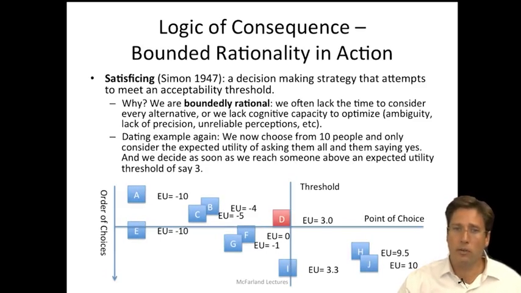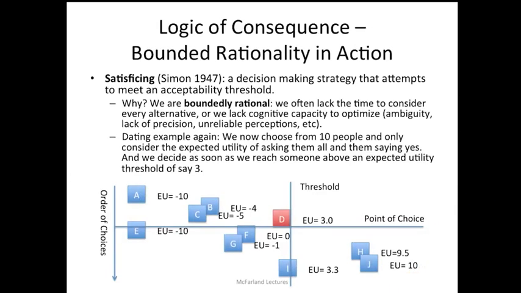But if we don't meet our threshold, we move on to the next option down the list, to the next closest one. So search is stimulated by a failure to achieve a goal and continues exploring alternatives until it's good enough to satisfy it. So if we look here in the model below, let's look at the dating example again,